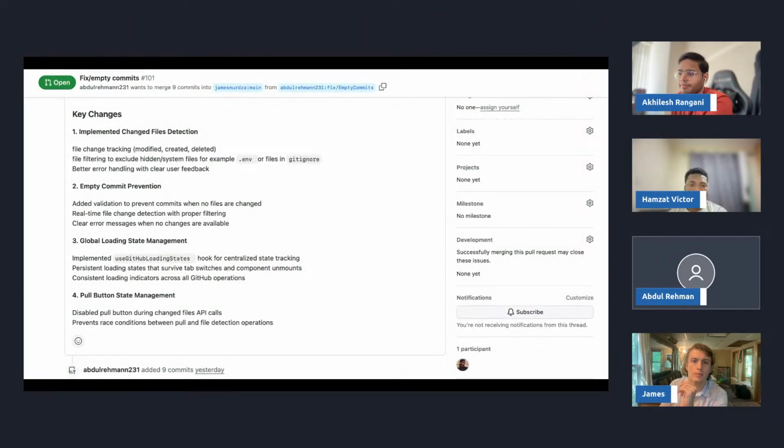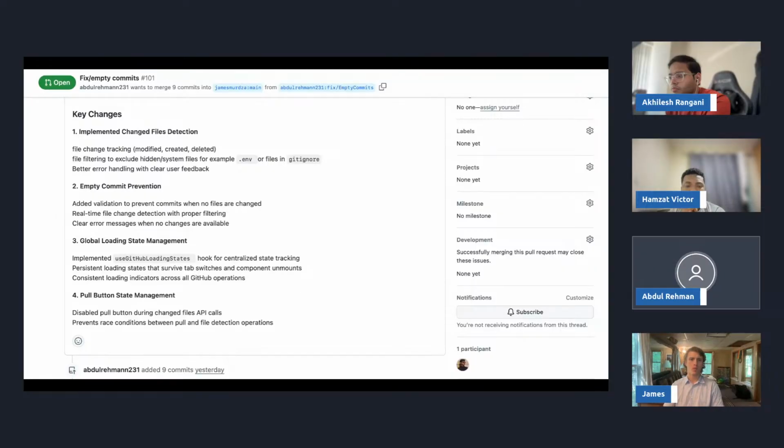Go ahead. So basically I previously noted that our code was allowing us to commit even though there were no file changes in our code. So I implemented a section that shows in real time what files we have changed in our code base.